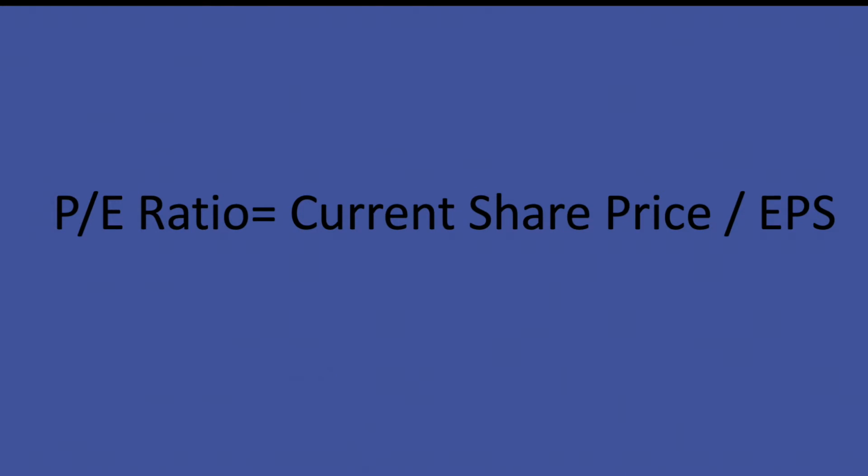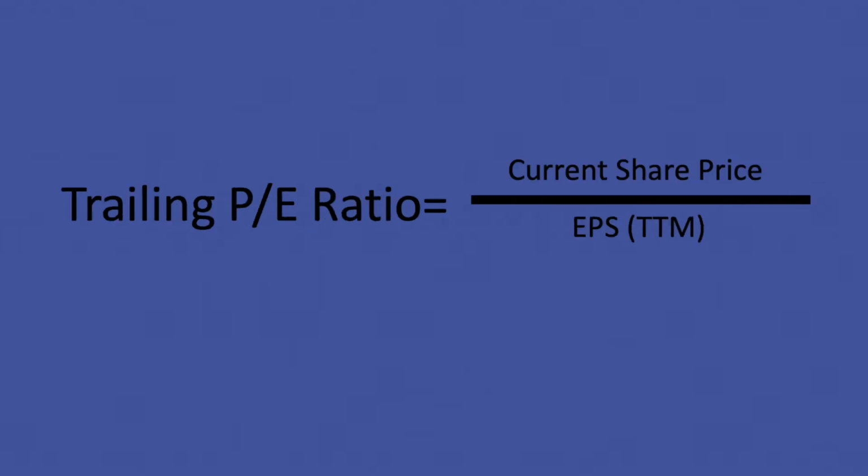Now, there are two variations to the PE ratio that are calculated using two different types of EPS. Trailing PE is calculated by taking your current share price and dividing it by your EPS for the trailing 12 months, or TTM. This is useful as it is calculated using actual performance metrics. The downside of using trailing EPS is that a company's past does not always predict their future, especially with the